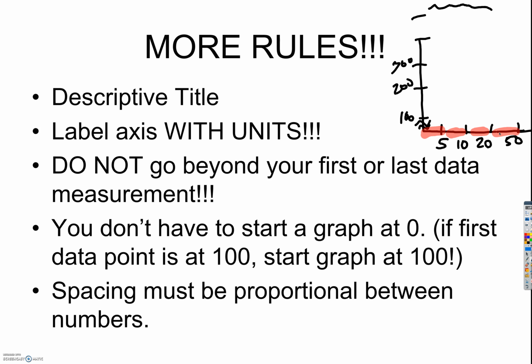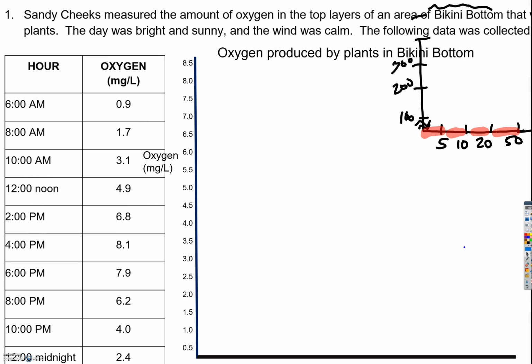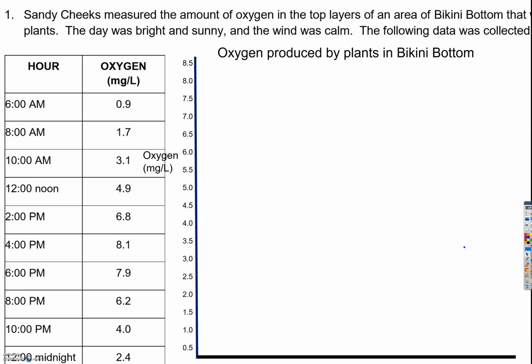All right, so that's, I believe, the last of the rules. What we're going to do now is, if you want to open up number 1 on your pretest, we're going to score it and see how you would have done following the graphing rules. So if you want to open that up,